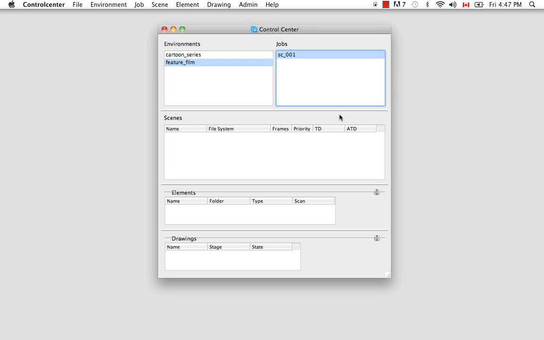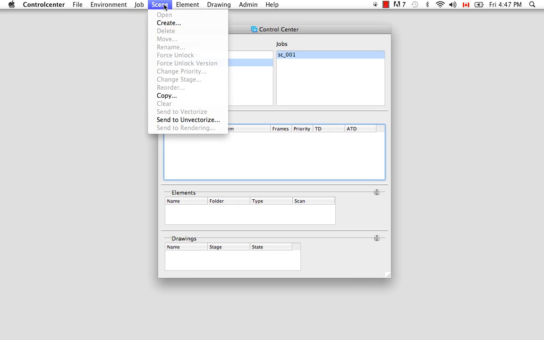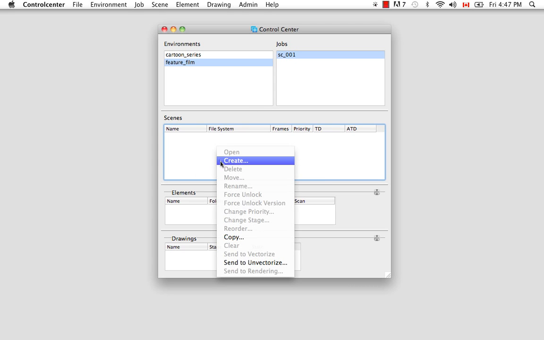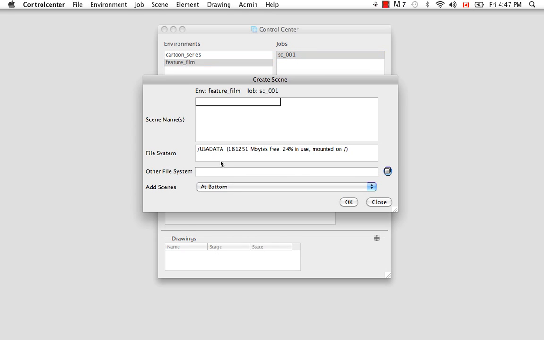So the next thing I'd like to show you is how to create a scene. So once again, you can go to the scene menu at the top and select Create, or you can right-click in the scene field and select the menu item Create. So this is where you can name your scene, and actually by hitting Enter you can create several scenes at once for your job. So let's name this one Shot